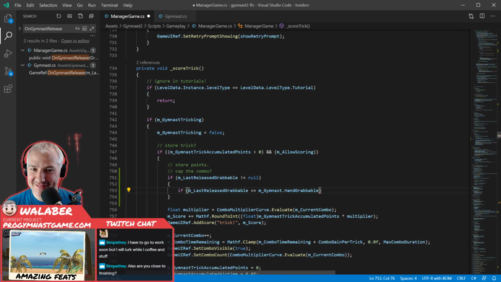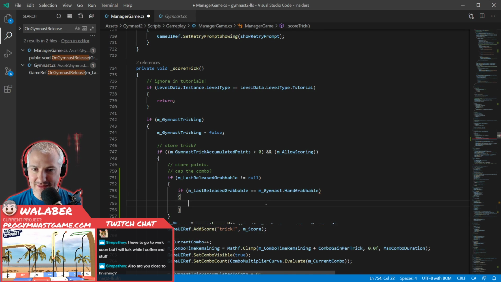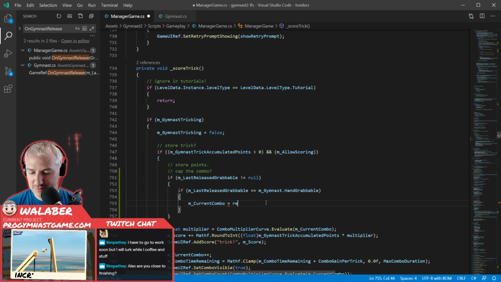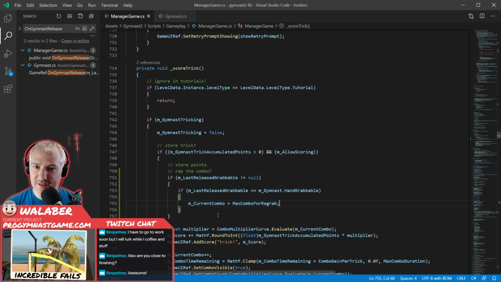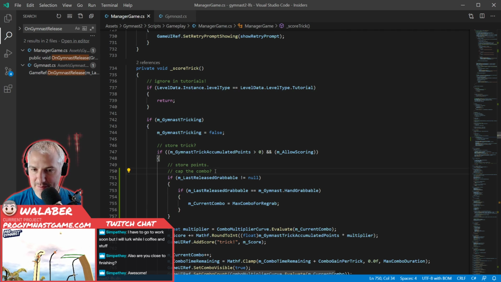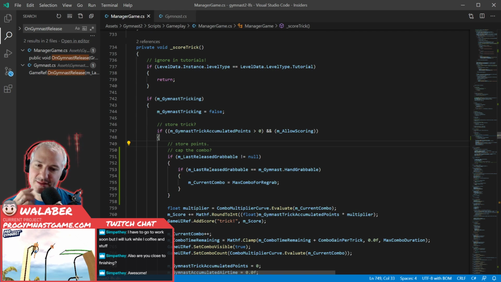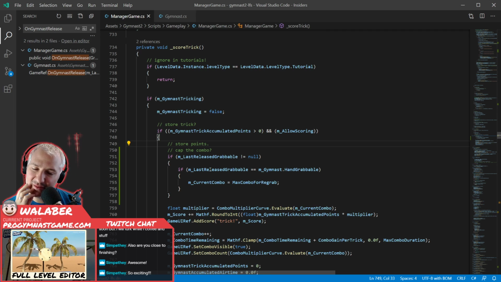All right. So this is just a minor thing I'm throwing in here. If these things are like this, then we're just gonna say M current combo is equal to the regrab thing. Max combo for regrab. We're gonna kind of clamp that. So if you keep letting go and regrabbing the same object, combo. I mean,